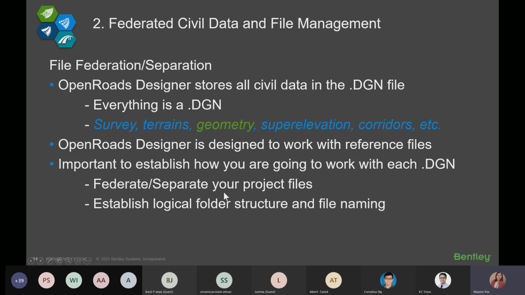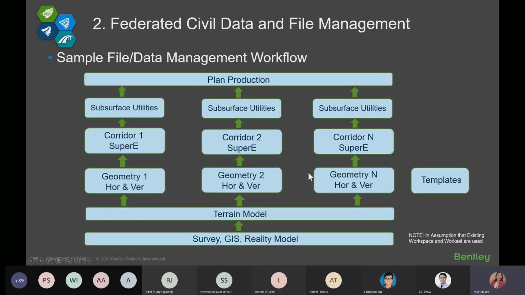Okay, and then once you have this data accumulating, like for instance in terrain, maybe you only have one, or maybe it's better if I show it to you in this way. So maybe you have one DGN or multiple DGNs that have survey information, even GIS information or reality models, okay? And you create another DGN as the repository of your terrain model, but still referencing the survey. Then